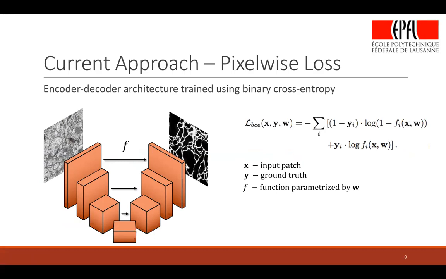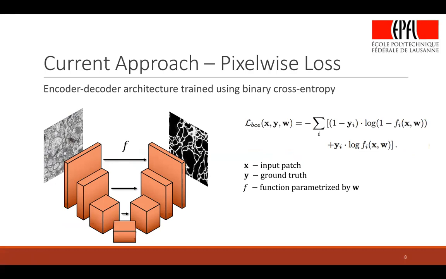So this kind of network gives us a structure prediction. We can feed a pretty large patch into the network, or even the whole image, and at once it gives us the whole prediction. However, during training, these kinds of networks are still trained using binary cross-entropy. So in order to assess how good the prediction is compared to ground truth, we compare them pixel-wise. And this is not how we as humans really do it when we look at such